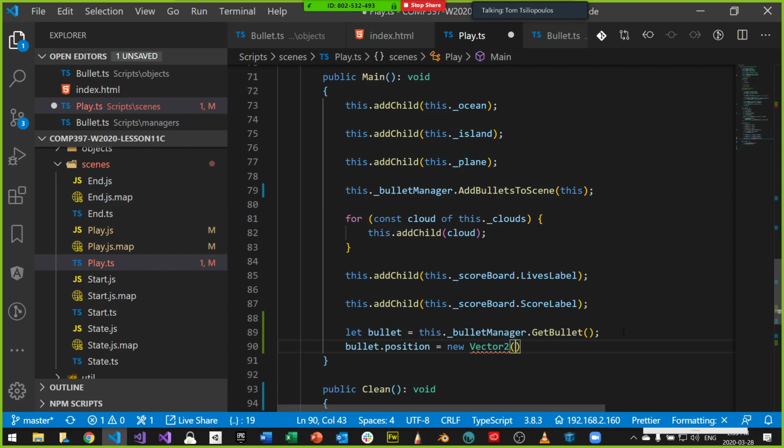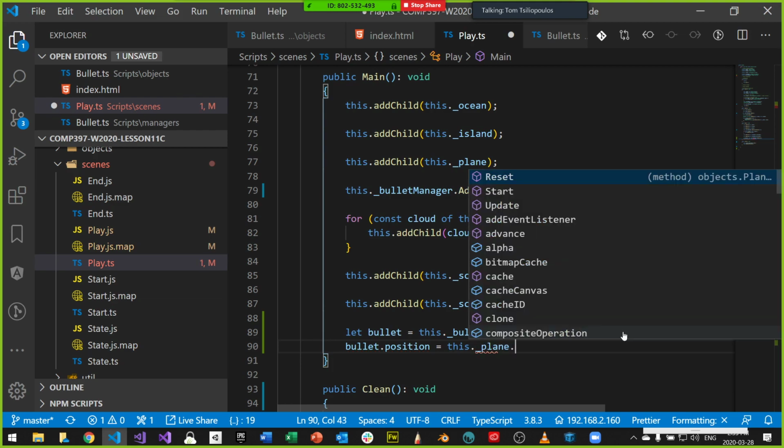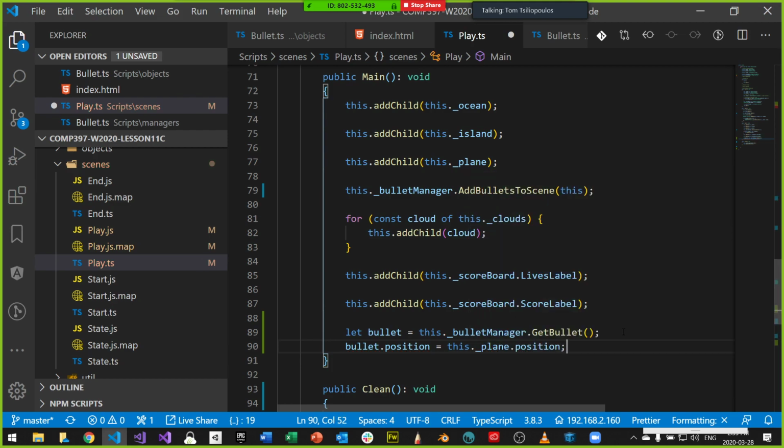We'll make it the same position as the ship. So we'll say this dot underscore plane dot underscore plane dot position. We'll say it's the same position as the plane for now. Okay, so bullet is in the same position as the plane, and it's going to let fly and see what happens.